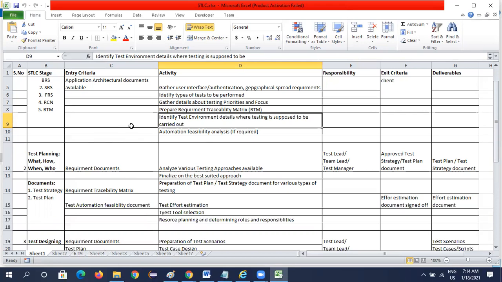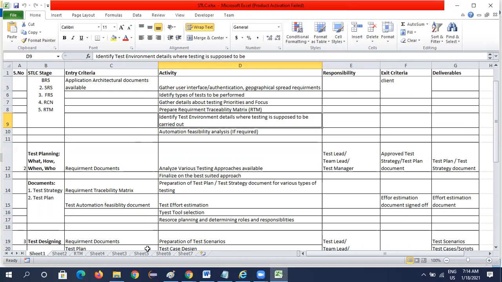The activities are analyzing all the testing approaches, identifying the best suitable method, and preparing the test plan and test strategy documents, which are most important in this stage, and also test effort estimation.